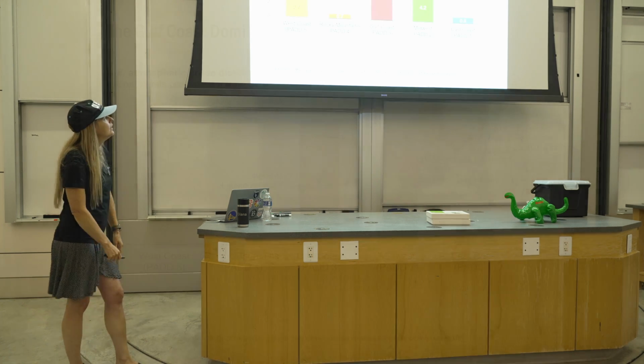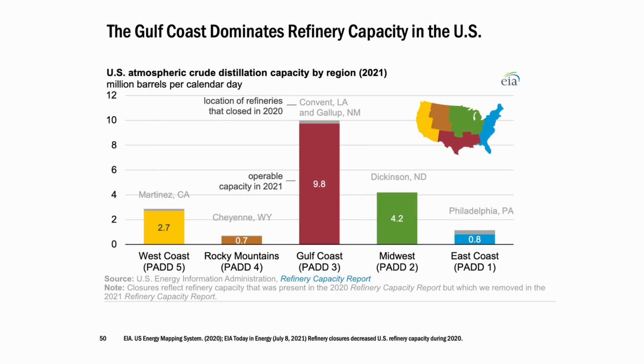Okay. All right, much of the refining capacity in the US is on the Gulf Coast. Certainly near where I grew up. I grew up right near what's called the Houston Ship Channel, where the ships were coming in and offloading oil, and very large refineries in places like Baytown off of the Texas coast. But you can see a lot of it is in the Gulf Coast. This starts to matter if there's something like a hurricane coming through the Gulf Coast, because it can really have impacts on supply and markets for these refined products.